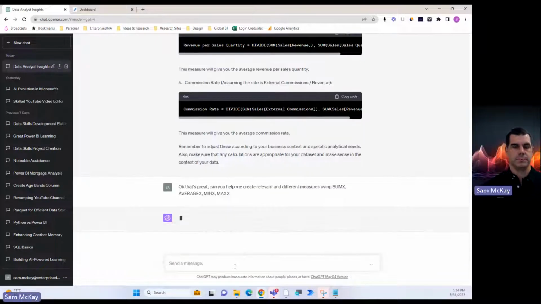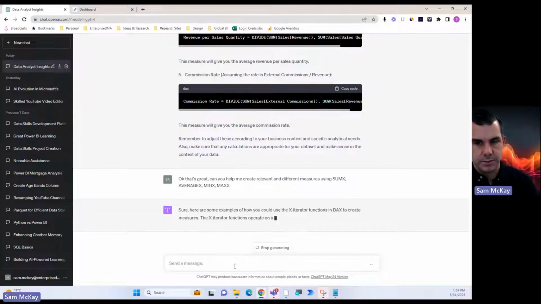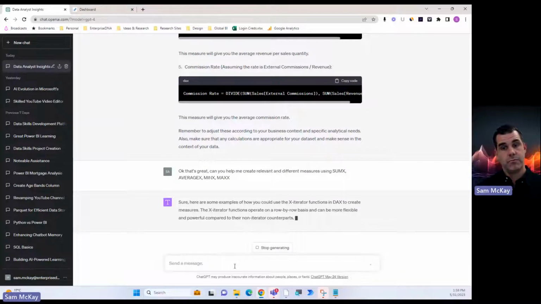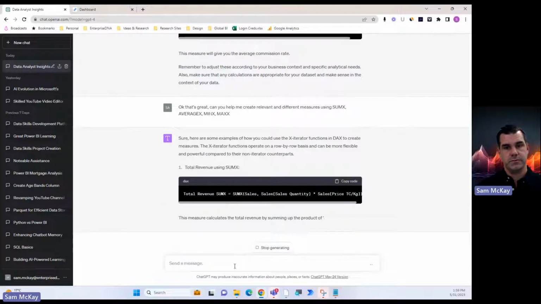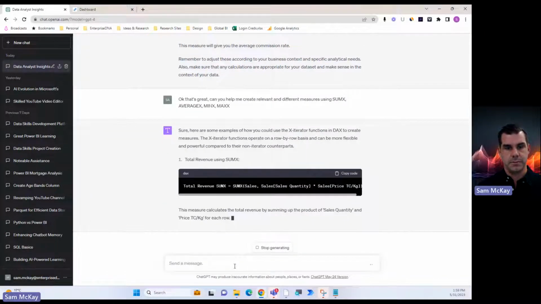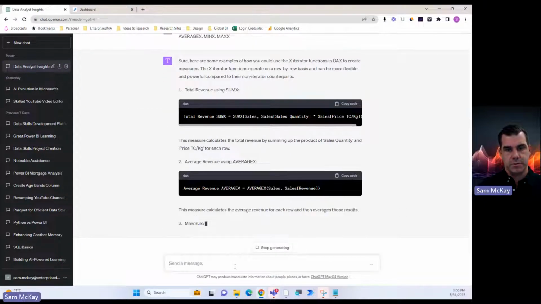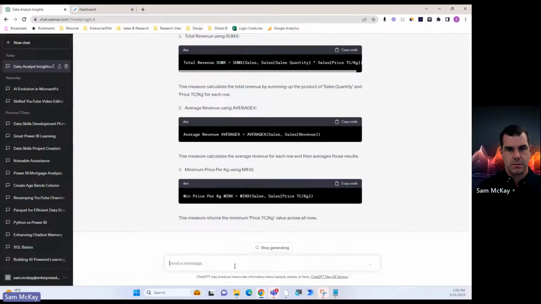Yeah, let's see what it comes up with here. So now we're working through our iterating functions. The iterating functions operate on a row by row basis and can be more flexible and powerful compared to their non-iterating components. Total revenue, sum x, average revenue. Okay.